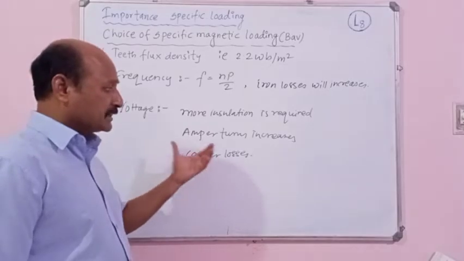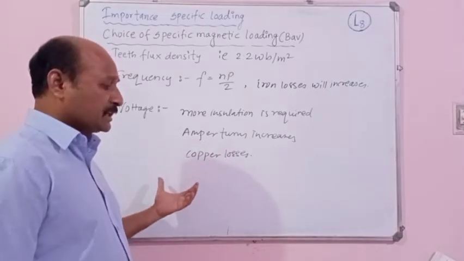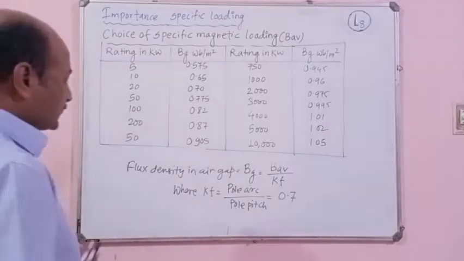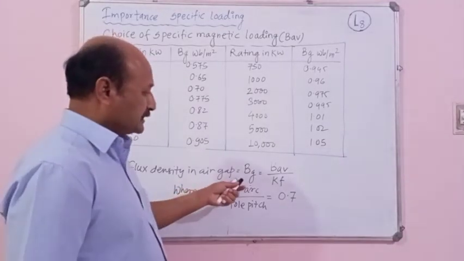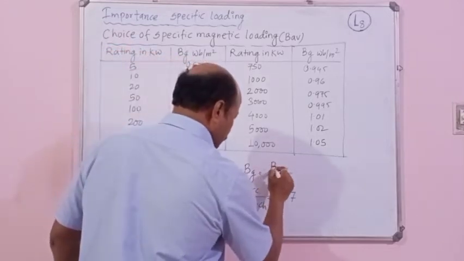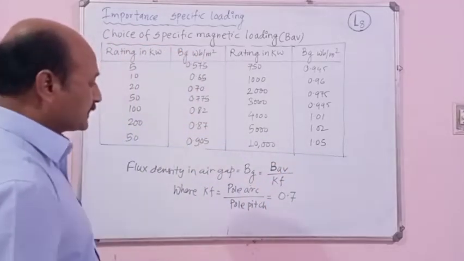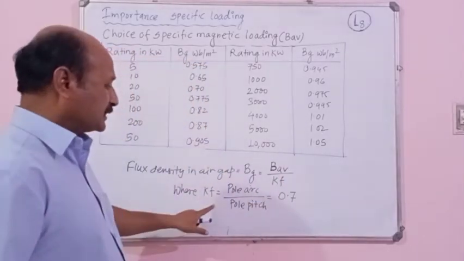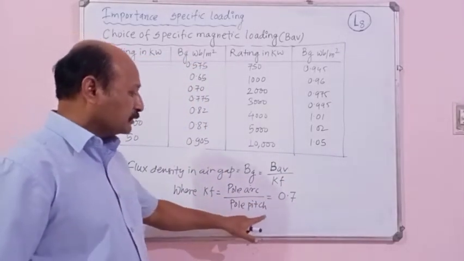That's why the ampere turns may increase, and due to that the copper losses increase. So the flux density in the air gap, which is given by Bg, is the specific magnetic loading divided by Kf, whereas Kf is nothing but the pole arc divided by pole pitch,